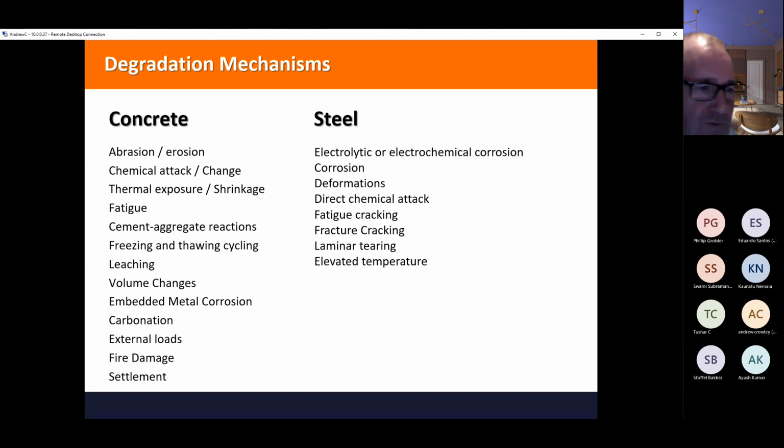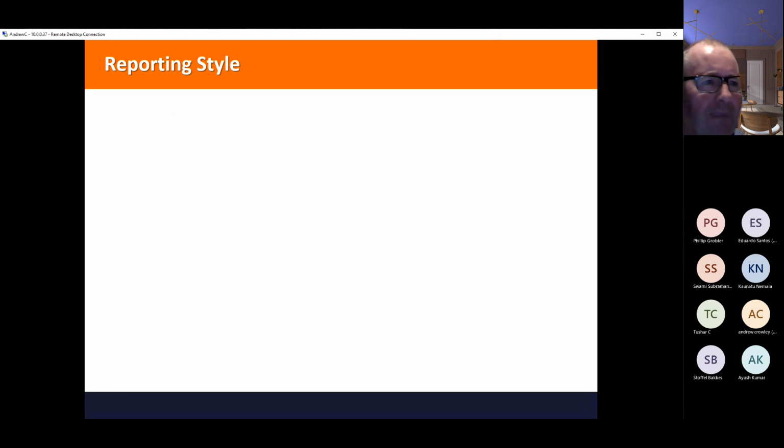All buildings move, as we mentioned in some of the earlier presentations, and so changes due to thermal effects, changes due to loading, such as wind, and changes due to freezing and thawing of materials can have a big impact on your structure, in particular on concrete, and that can lead to spalling of your concrete and so on.